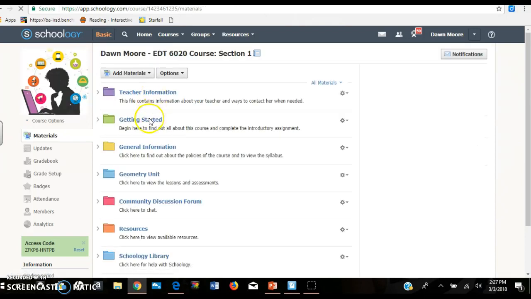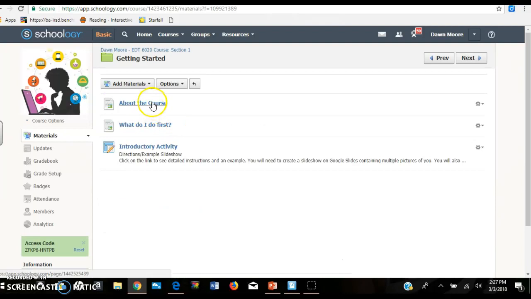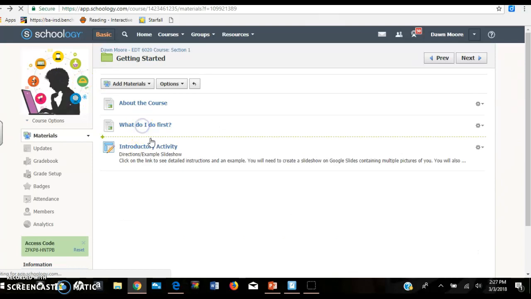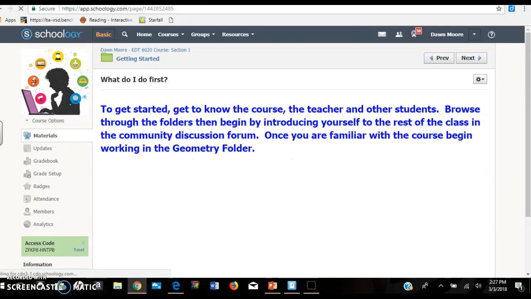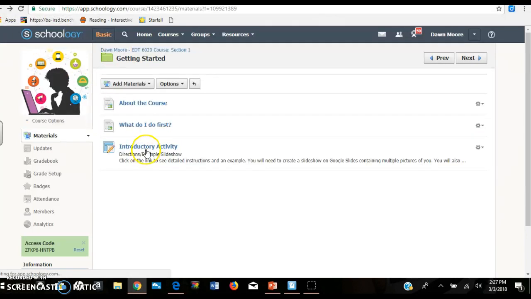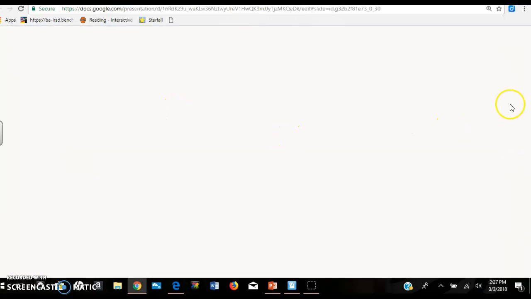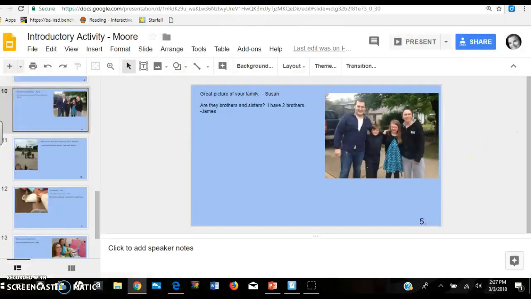The next folder is the Getting Started folder. This is where they can learn about the course, what to expect. This slide tells them a little bit about what they are going to be learning and gives them the standards we would be working on. There's also a what do I do first explanation, so the students would know how to get started, and also an introductory activity. In the introductory activity, they'll see a slideshow